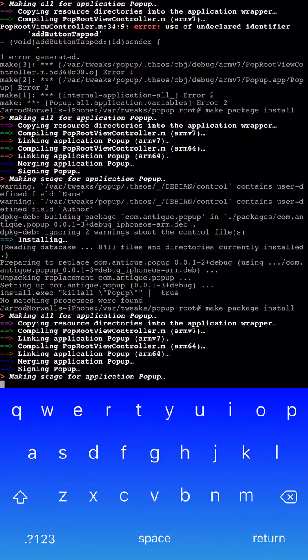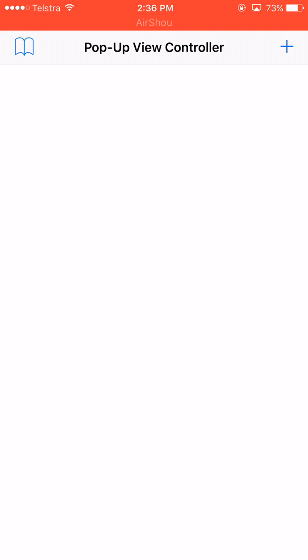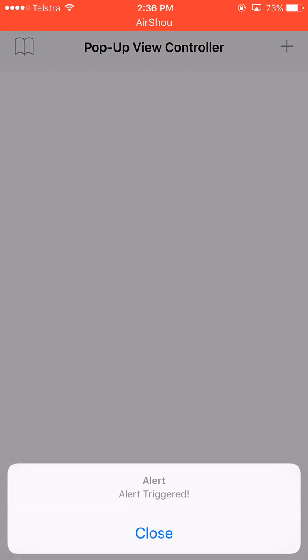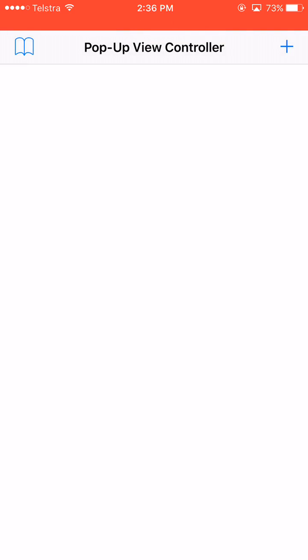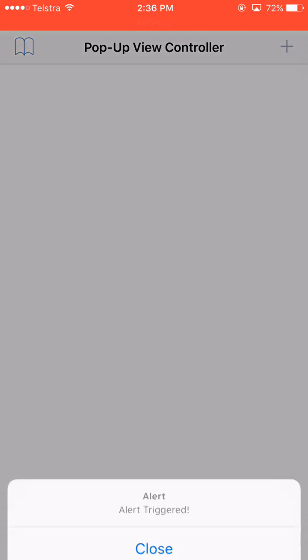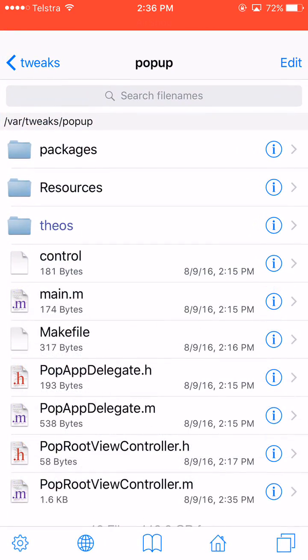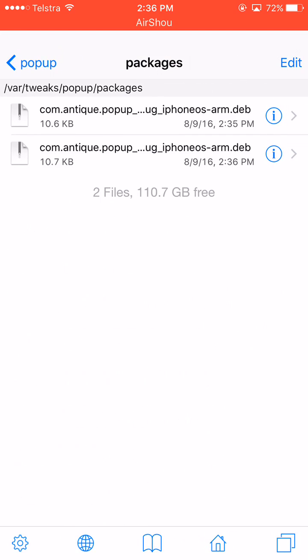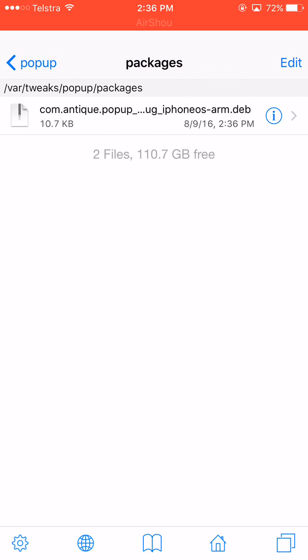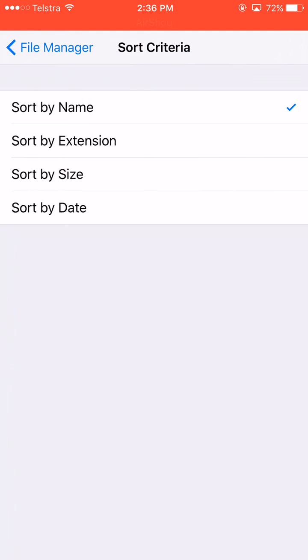After it installs, we'll do the finishing touches, such as closing this video off and enjoying the rest of your time. So it's blue now, everything's good. Destructive is just a bit thicker, I think. I can't really tell a difference. It could just be that it's red, but they both work now. The view, I'll add a UI view or UI button to it later on, but for now we've got the debs. The latest one would be the bottom one, as it goes from date and time. In my case, you can change that if you want. Sort by name,